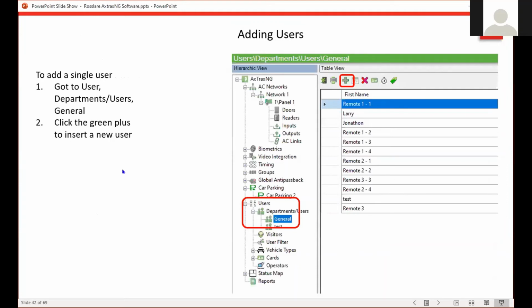So to add users, come down the tree here to users, expand that, expand departments and users. Now you can highlight department and you can create your own department names. You can see I've got one under here called test. You can have employees, residents, staff, whatever makes it easier for you to find people. It has nothing to do with their access rights. That's merely for organizational purposes to make it easier for you to find. So